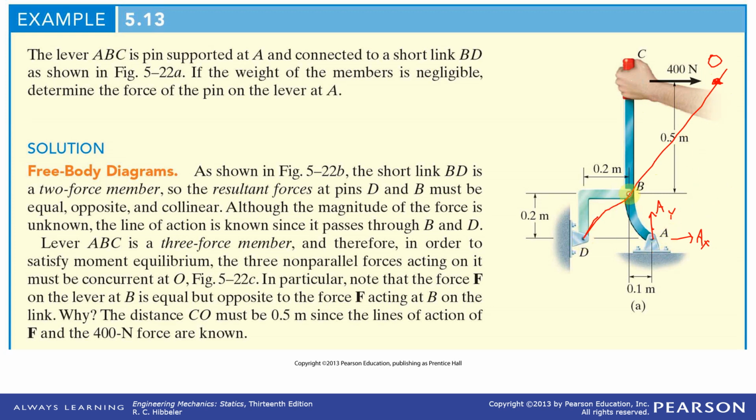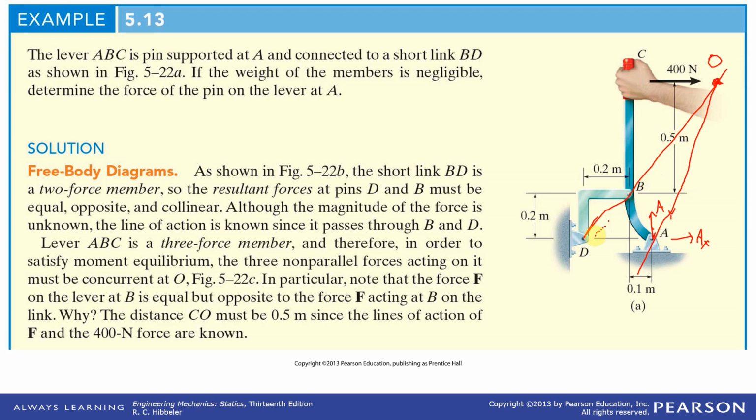So we have a force here, and that force has to be collinear. So I've sketched a straight line through point O. Let's see. We have this force here acting on ABC. We're looking at the free body diagram of ABC. This force here, well, guess what? Now we can figure out the angle of A. We don't know the magnitude of A yet, but we do know the angle, because this force now has to be collinear with this point O. So if we find point O,